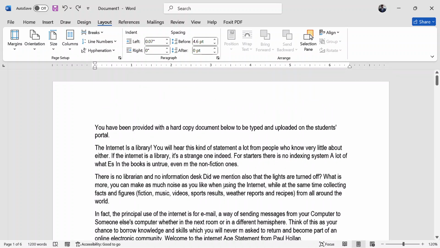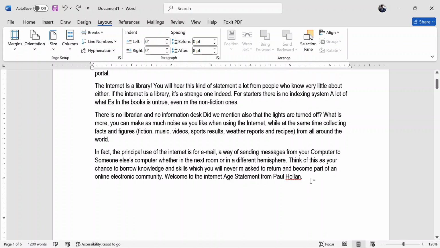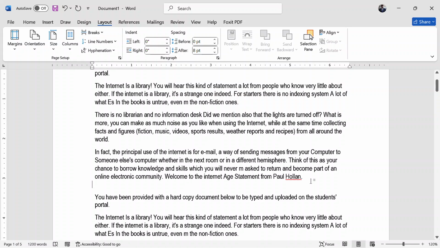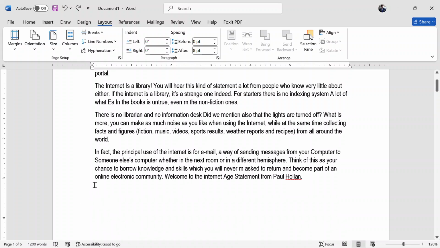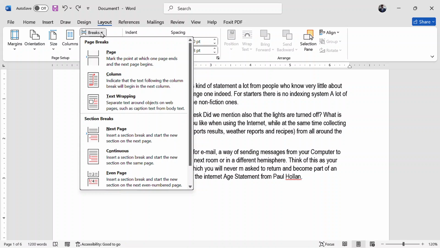First of all, how do we create the breaks? Tap on the end of your document where actually your document ends. Go to layout, tap on breaks, and you definitely see that we have a number of breaks. We have page, column, text wrapping, but don't be tempted to use any of those, because one of the mistakes that many people do is to use page breaks instead of section breaks, and they interchange them and things cannot work out. The moment you use page breaks instead of section breaks, this cannot work out.